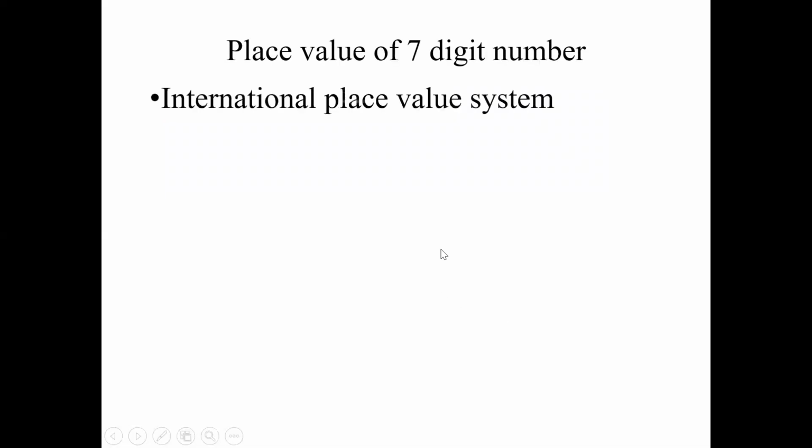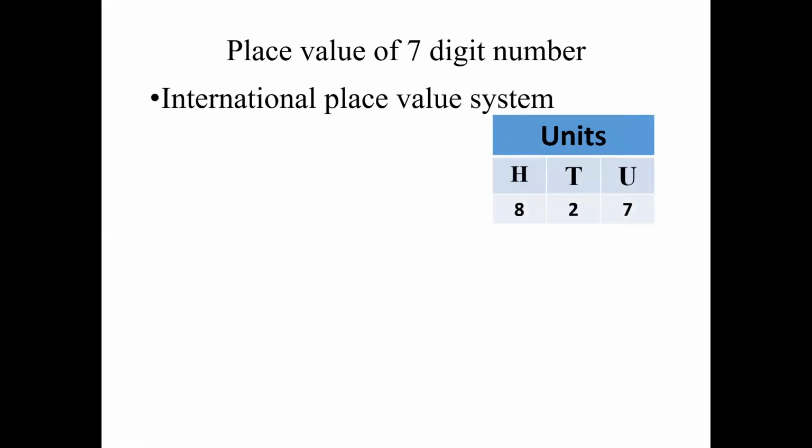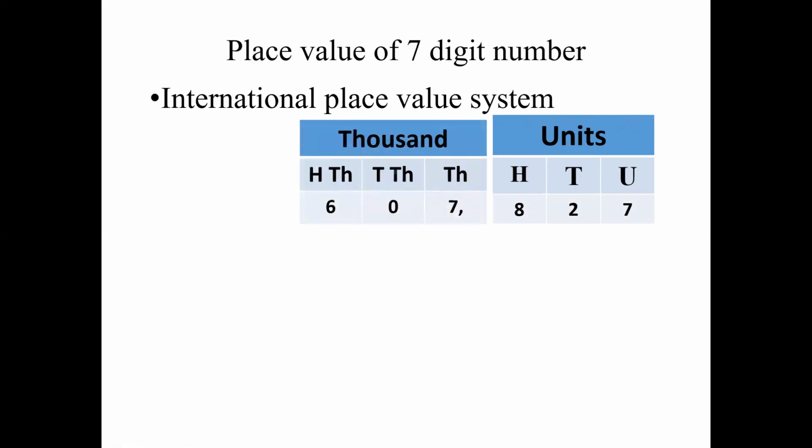Then you will have the 7-digit number. The first house in the international system is units and is similar to the 6-digit numbers slide. Then you will have 1000, which also consists of 3 rooms, and the 7th digit is called million. Again, in the international place value system, you will insert the comma from the right hand side after every 3 digits. See, unit, tens, 100, comma, 1000, 10,000, 100,000, comma, and million is the incomplete house.